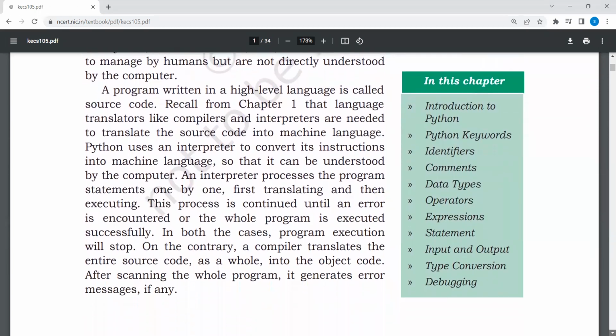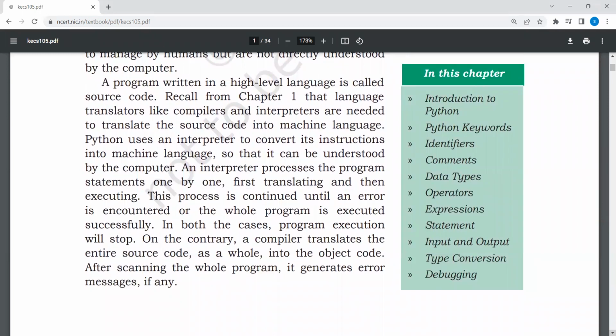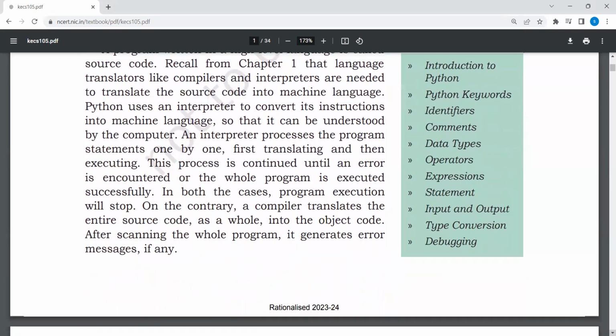Python uses an interpreter to convert its instructions into machine language. The interpreter processes the statements one by one, line by line, first translating and then executing. This process continues till an error is encountered or the whole program is executed successfully. In both cases, program execution will stop.